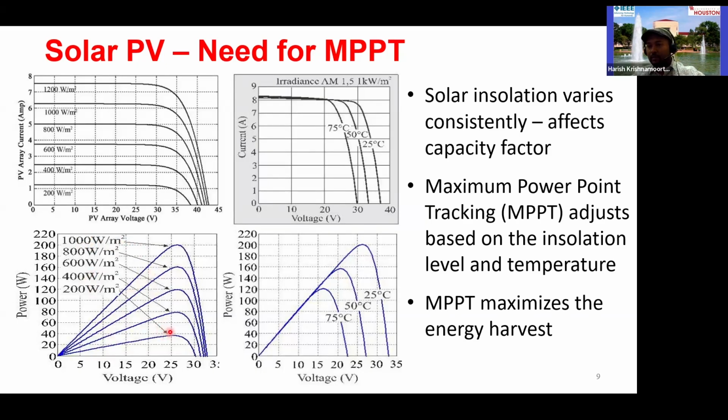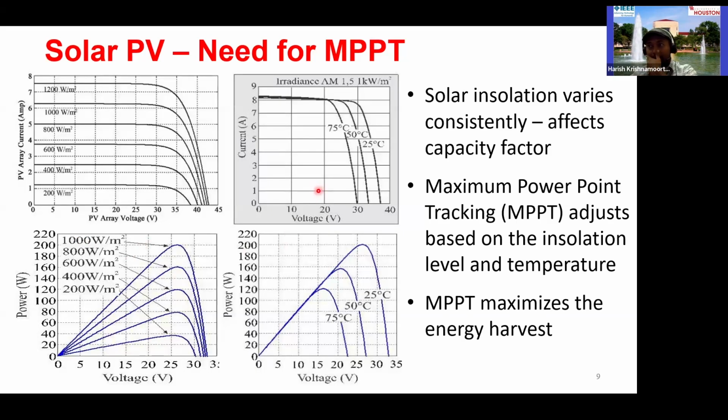And the problem is that if you do not actively make the panels deliver the power that you see at the peak, it will just deliver based on whatever the load is, or some intermediate point. So there is something called maximum power point tracking, which is needed, where again power converters play a huge role. Now, of course, you see 1000 watts per meter square, but the panels typically have about 15 to 20, maybe 22% efficiency. So if you have a panel with 1 meter square area, even if 1000 watts of light energy falls on the panel, you get something like 200 watts out of the panel per meter square.